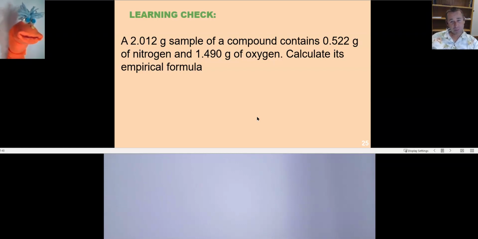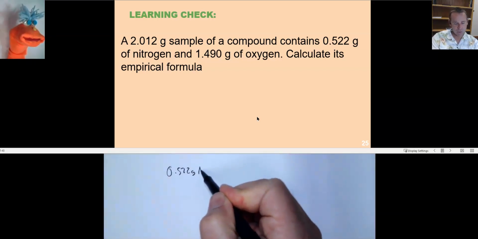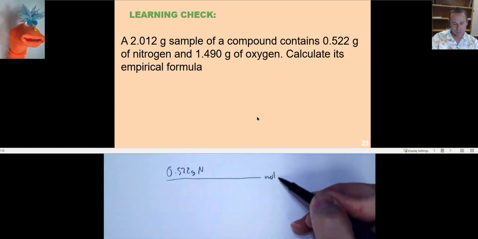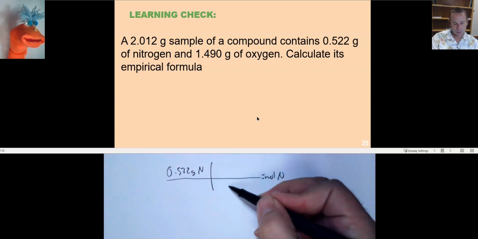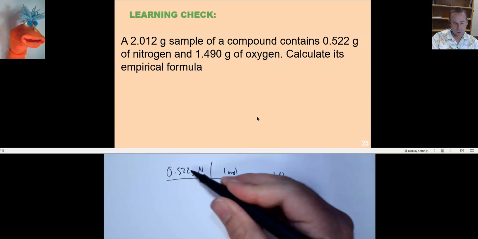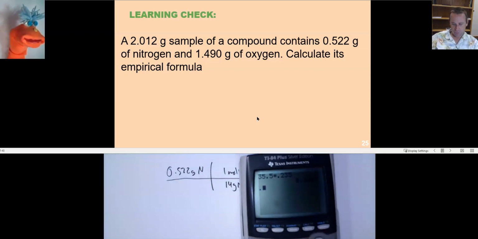So do you understand what I mean when I say change the grams to moles? Yeah, so if it's 0.522 grams of nitrogen, go to moles. That's right. 0.522 grams of nitrogen. I can find out how many moles of nitrogen that is by converting. 14 grams of nitrogen are in every 1 mole of nitrogen. So by converting the grams of nitrogen to moles of nitrogen, now I do 0.522 divided by 14, and that's